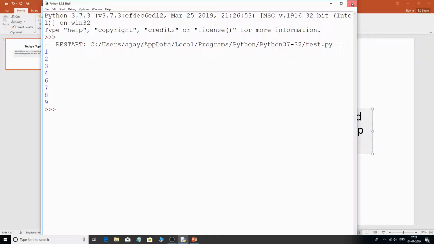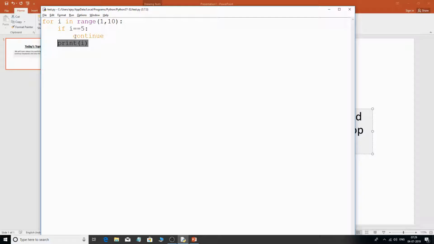So what happened over here is, continue actually took the controller back to this for loop. So this statement did not get executed. From here the controller went back and I got the next value, that is 6. And since for 6 this condition doesn't get satisfied, it went on to print that